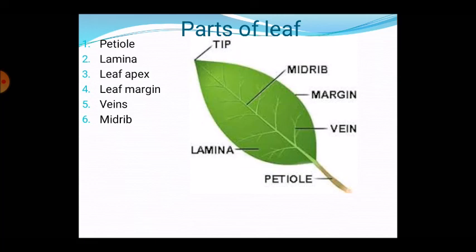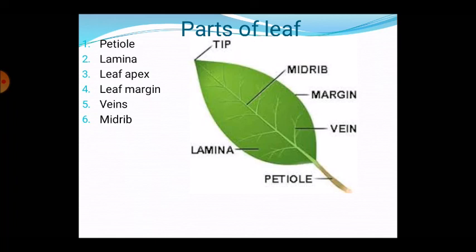Leaf apex is the tip of the leaf. Leaf margin is the outline of the leaf. Veins are narrow vessels which transport water and nutrients to the leaves. Midrib is the thick vein in the middle which runs from the base of the leaf to its tip.